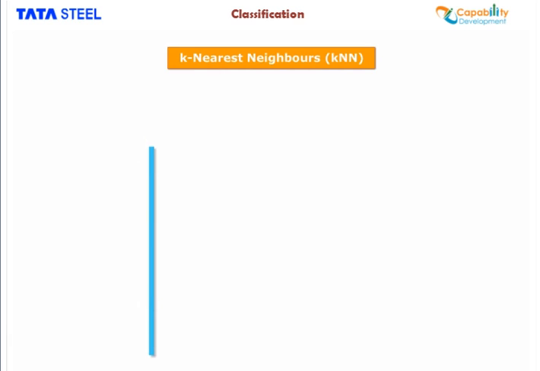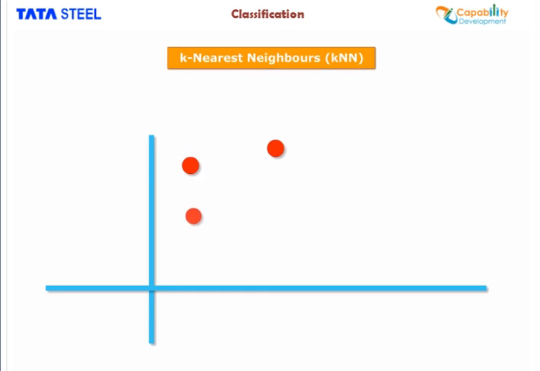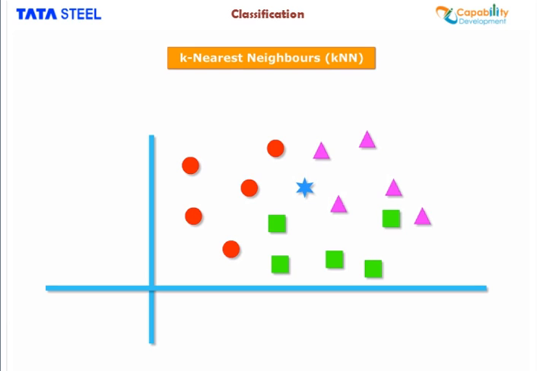In KNN model, the training data is plotted in an n-dimensional space. Whenever a test data is to be predicted, the model finds the nearest k neighbors based on the predetermined measure of proximity, generally Euclidean distance, and suggests the class of the test data as the majority class of those neighbors.